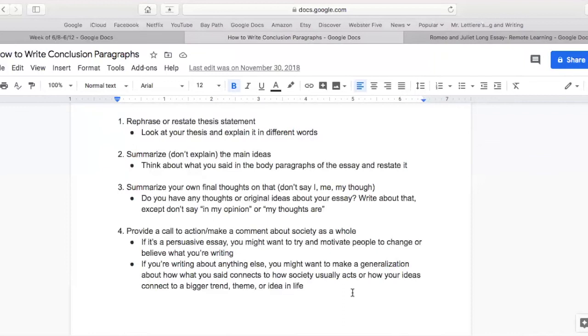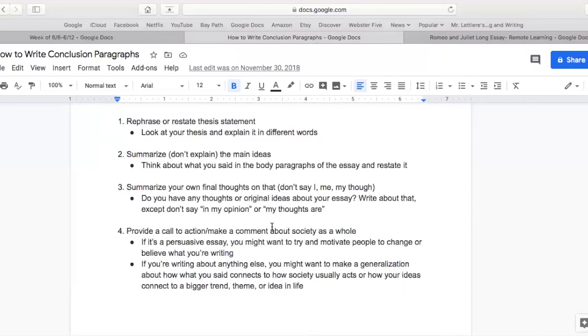So if you're saying impulsivity is a bad thing, if you're saying aggression is a bad thing, I think that in today's society, you can absolutely talk about how an overabundance of aggression can lead to negative ends, and connect it to some modern day events that include aggression. If you say isolation is a bad thing, connect to modern day events that include isolation. Make it relevant, connect it to something bigger, a theme, a trend, an idea in life. It can help you give shape, purpose and meaning to your essay, and again, makes it more interesting for you to write and for the reader to read.